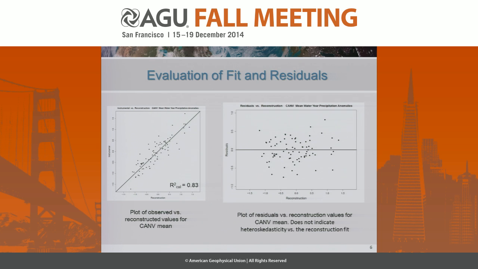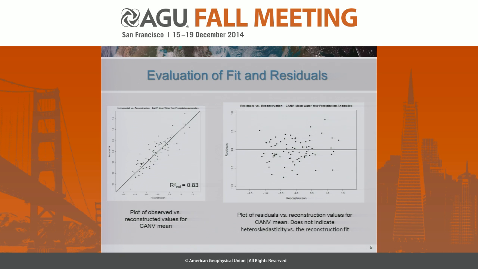A little bit more about the quality of the reconstruction. You can see the reconstruction versus actual there over on the left, and that's almost like a textbook kind of diagram where the reconstruction just follows the actual very tightly along the one-to-one line there. And over on the right you can see the plot of the residuals in terms of the reconstruction across the spectrum of the reconstruction. And this shows a very kind of what we would call homoscedastic pattern, which is a